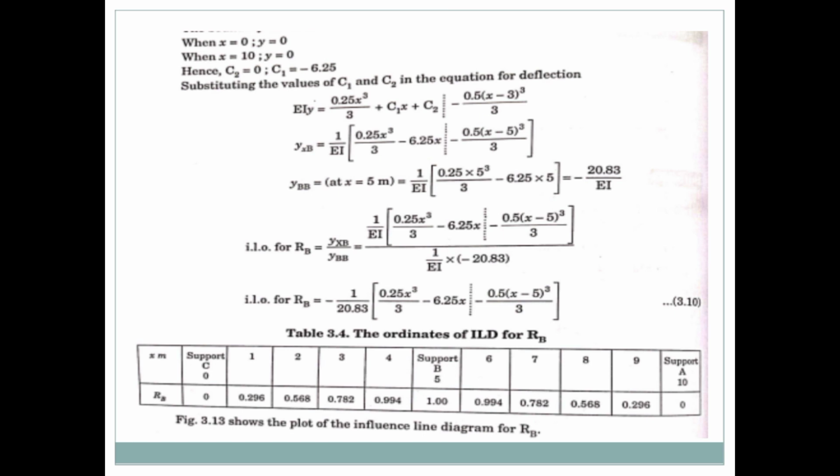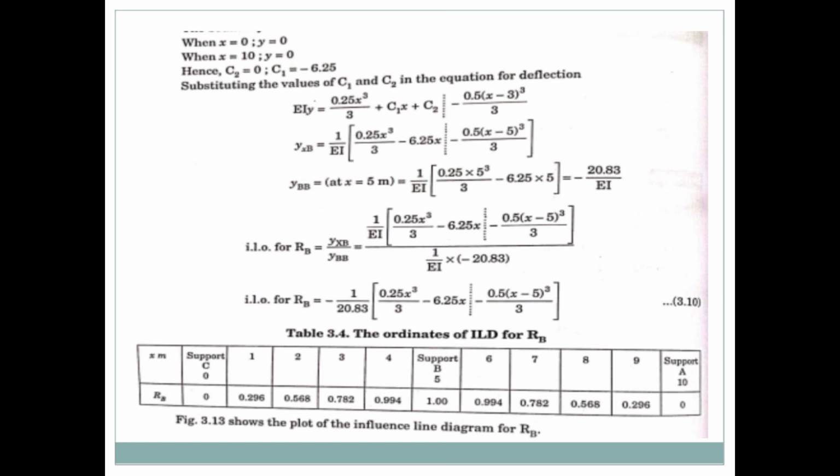Next, by using the slope and deflection equations, you want to find the constant values. For that you consider the boundary conditions: when x is equal to 0, the deflection y is equal to 0, and at x equal to 10 meters, the deflection is also 0. Applying these boundary conditions, we get C2 is equal to 0 and C1 is equal to minus 6.25. Substituting the values of C1 and C2 in the equation for deflection,